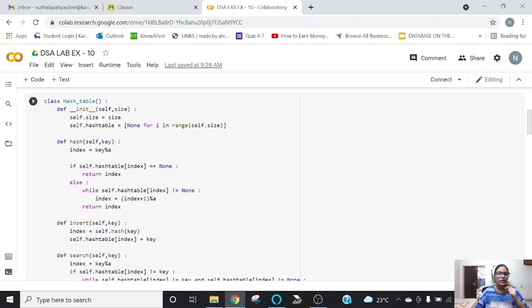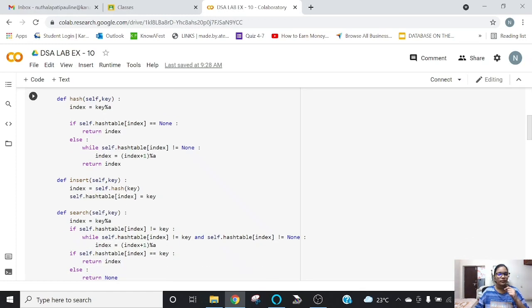First, I have initialized the size and the hash table so that it is going to take the range of the size from the user, and then it is going to have the calculation. Then I have defined a function called hash, which takes a key, which is every number that we are going to enter.